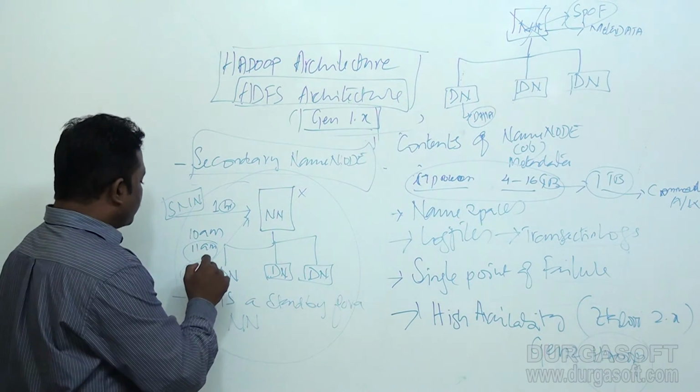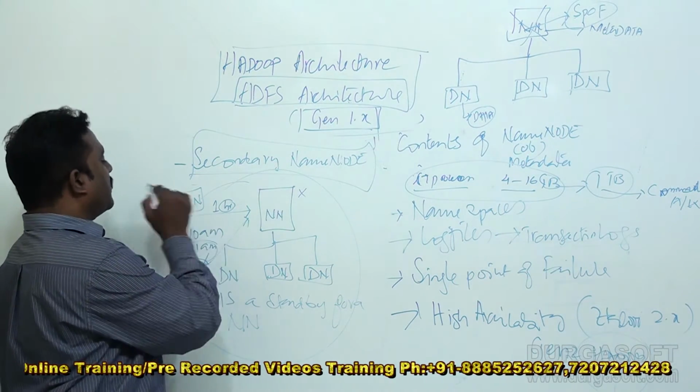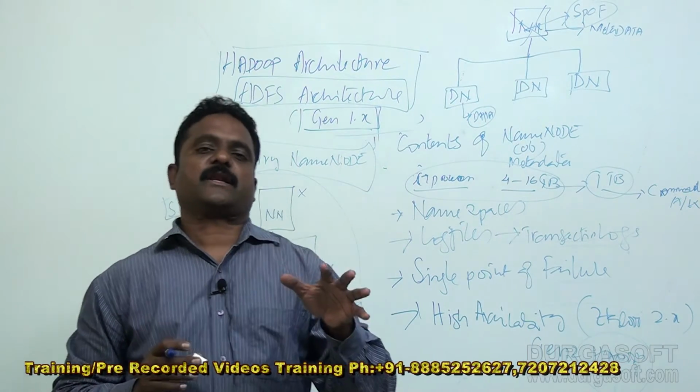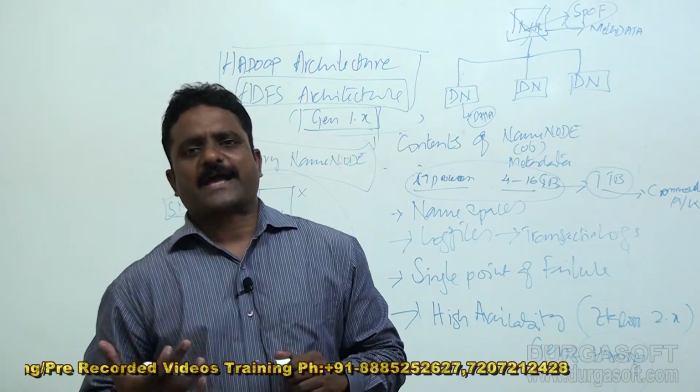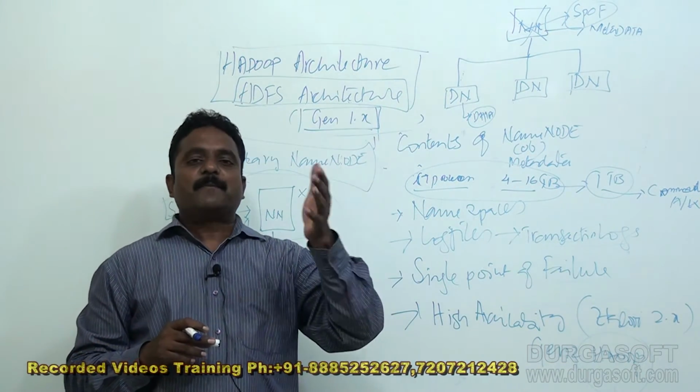You don't have the information from 10 to 10:55 on the SNN, but up to 10 o'clock you will have all the information about the cluster on the secondary name node. This is to avoid the single point of failure, but this was completely taken care of